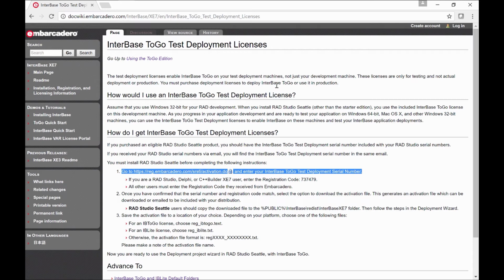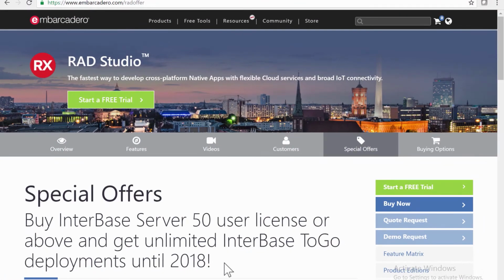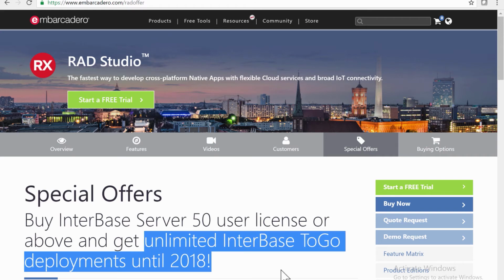on multi-device applications. So for example, let me use the current special offer of InterBase ToGo unlimited deployments till 2018 as a way to show you how to get your InterBase ToGo activation file. If we go back to the special offers page, now let's take a look at how to get and use our unlimited InterBase ToGo licenses so we can use InterBase ToGo as our multi-device database on iOS, Android, Mac OS